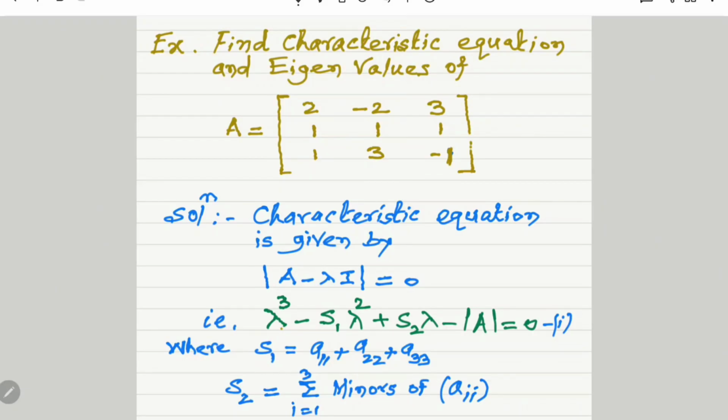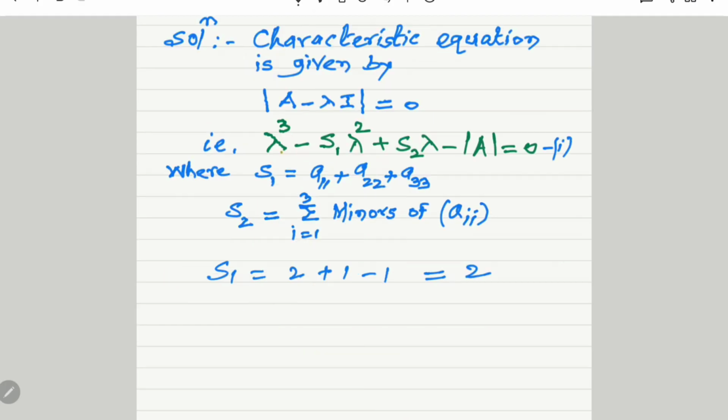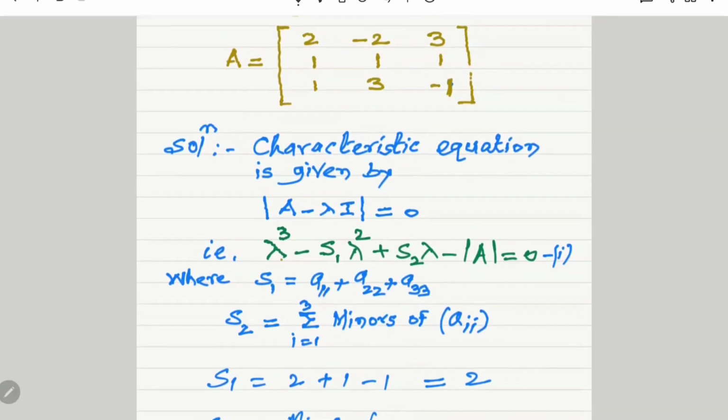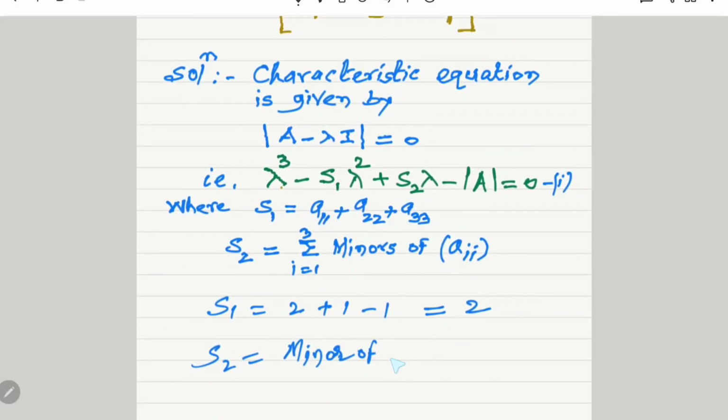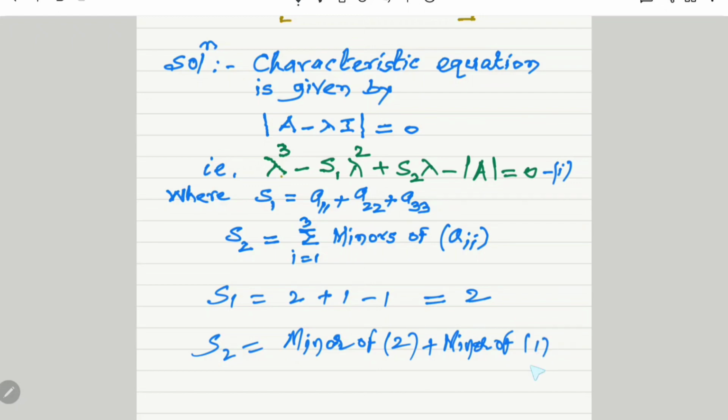Therefore, performing the calculation for this particular example, principal diagonal elements are 2, 1 and minus 1. Therefore, the value is 2 for S1. Then we find S2. It is the minor of first principal diagonal element, that is 2, plus minor of second principal diagonal element 1 and third diagonal element minus 1, minor of